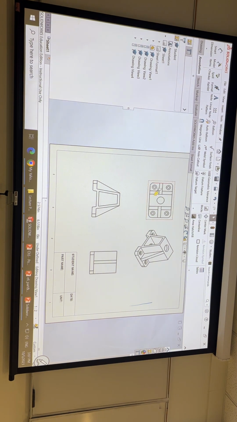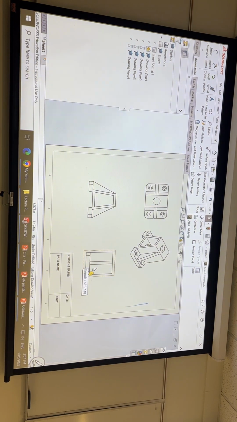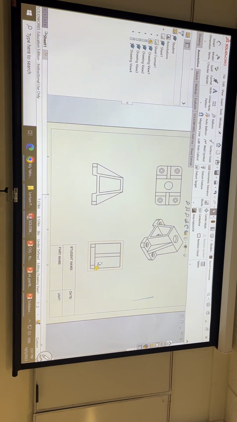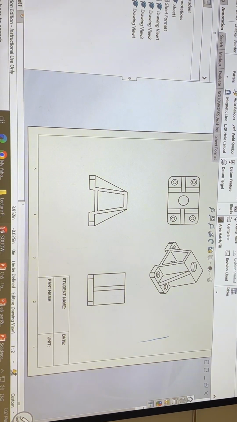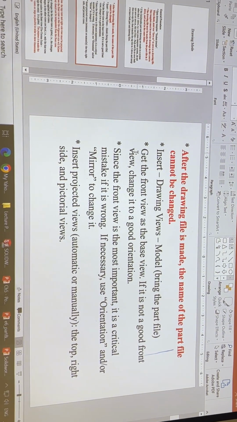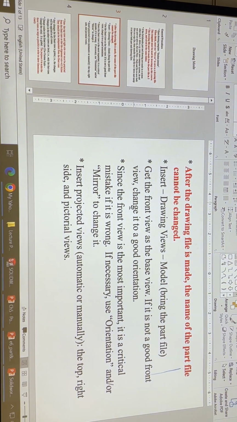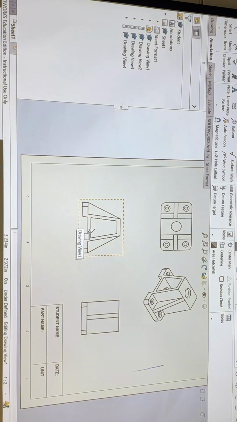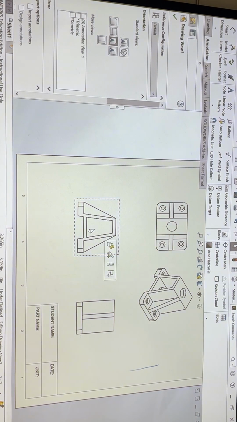However, you don't have hidden lines, you don't have center lines, you don't have all dimensions, right? You have to go step by step. Let's read. Get the front view as a base view. If it's not a good front view, change it to a good orientation. In this case, it's a good front. If it's not, you can change the views. For example, see,